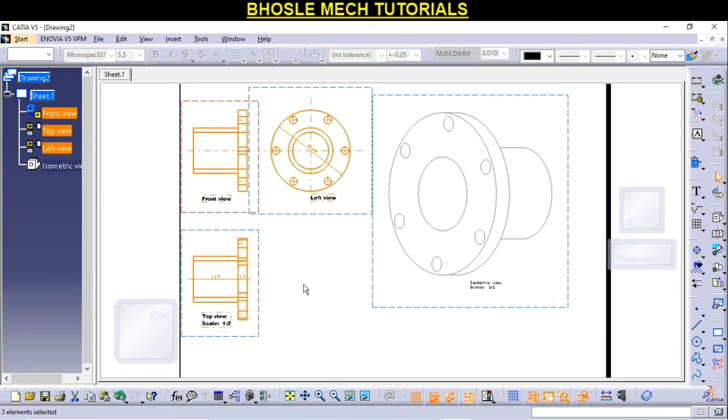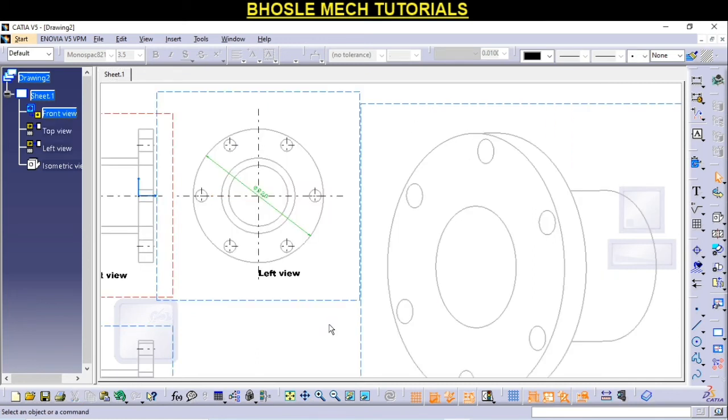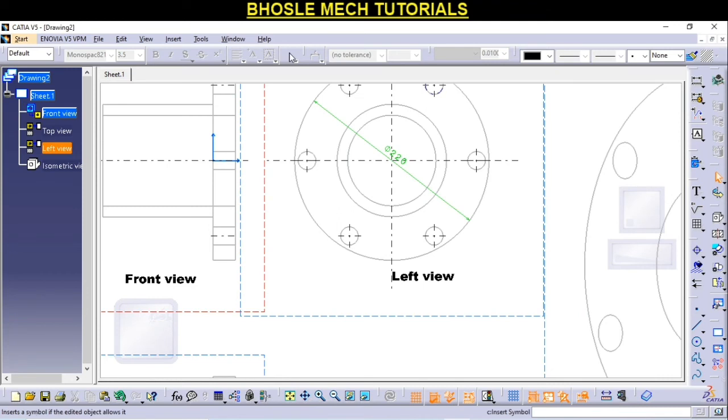Just OK. See friends, here we got dimensions. After that we can adjust this according to our requirement.